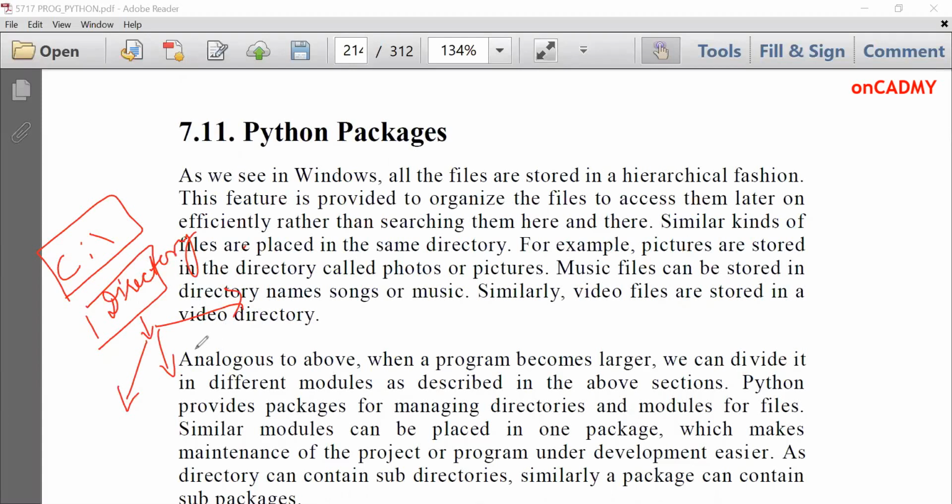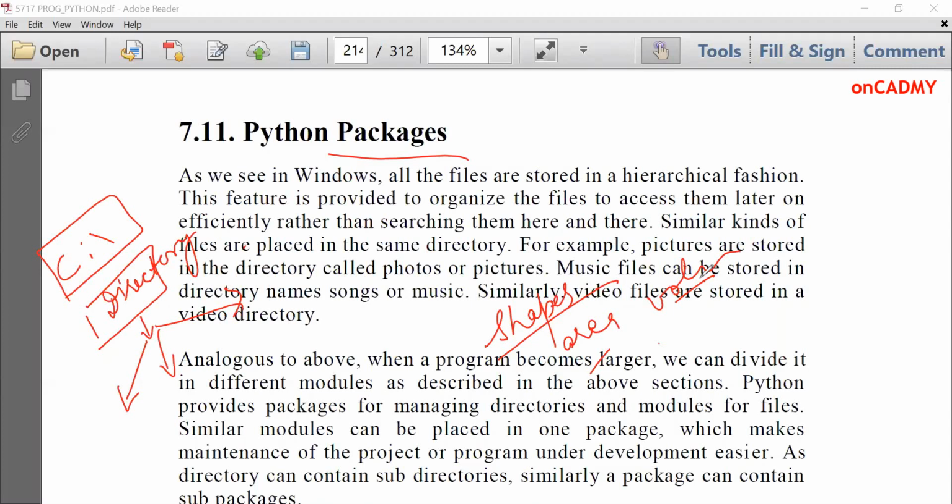Similarly, if there are modules of the same type, we can put them in a single package. We can categorize them. Suppose I have modules relating to shapes where I need to calculate area of a shape or volume of a shape, etc. So they all belong to a single entity which is called a shape.